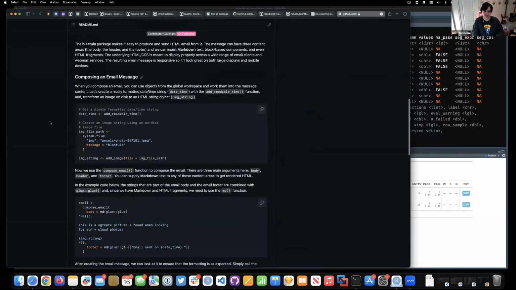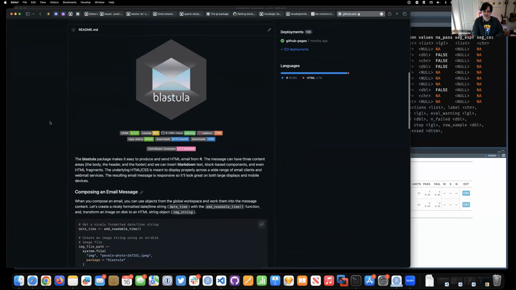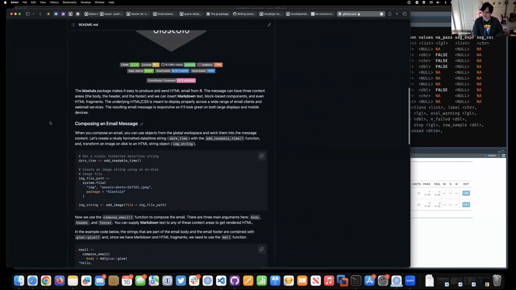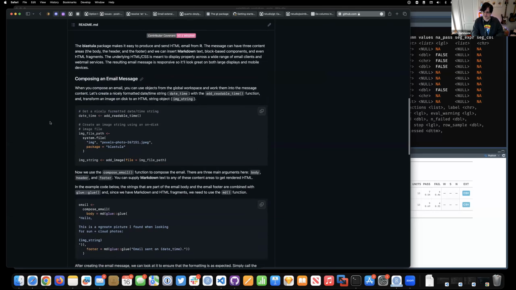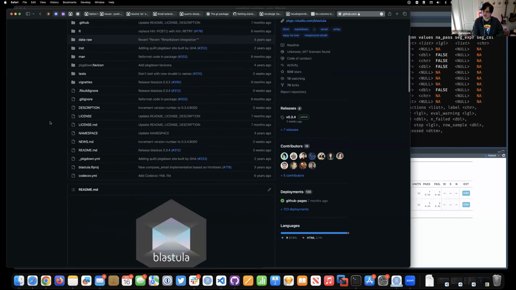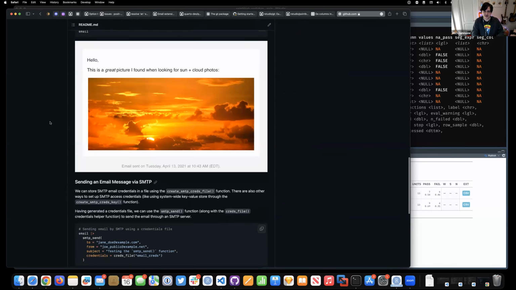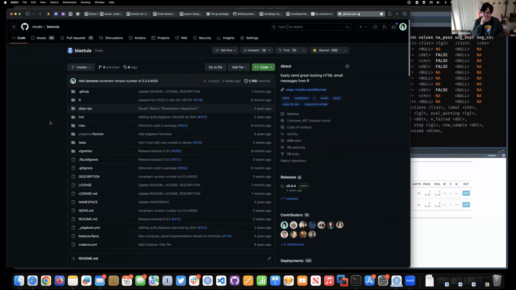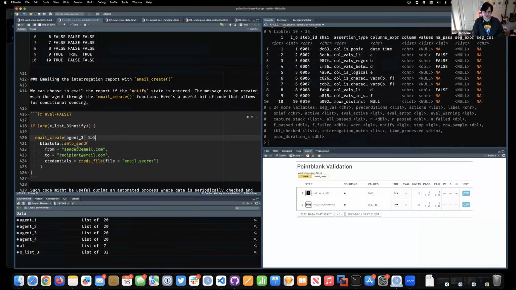So the whole point of this package is to create HTML emails and to send them through SMTP, basically your own email server. So you can use things like Gmail, Outlook, other third-party SMTP servers. And you can also use Connect with Blastula, which is quite nice. There's actually a lot of examples where we use Pointblank with Connect and do emailing of reports. And that's all mediated through Blastula. But anyways, what you can do is create a Blastula object, or you can directly send through